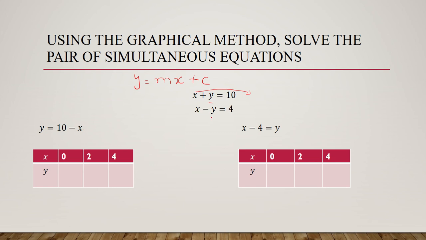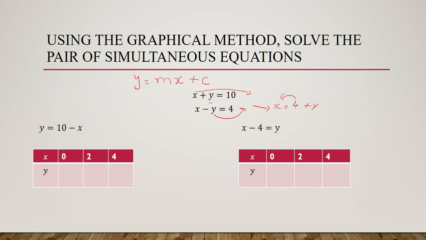What do you think, do we have to move x? No, because y is negative and our subject should always be positive. So we have to move this y over here. When we move y, it will become x is equal to 4 plus y. Now we have to move this 4, so it will become x minus 4 is equal to y. This is our final equation.